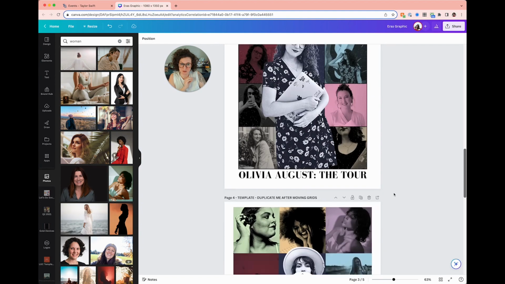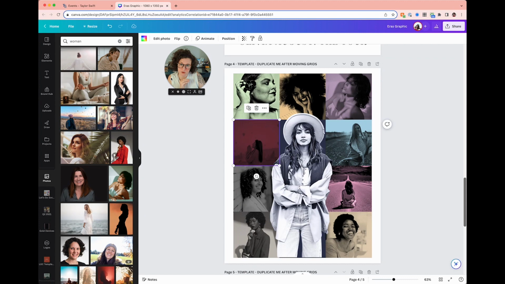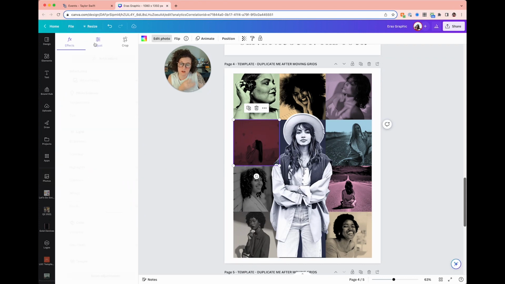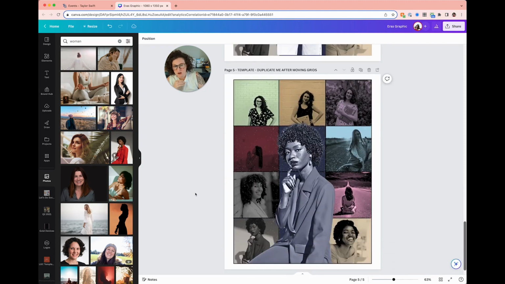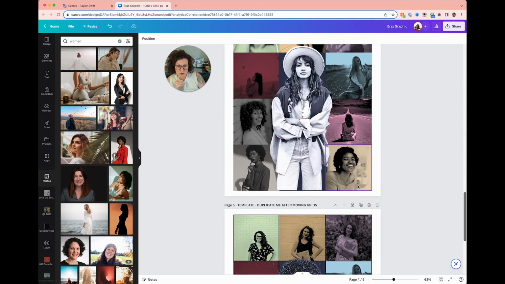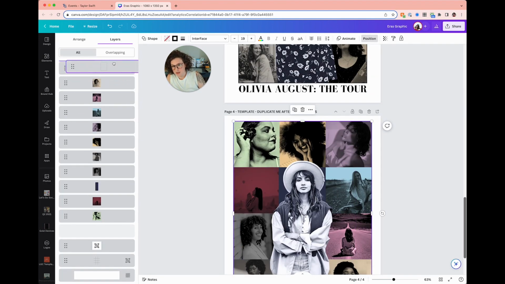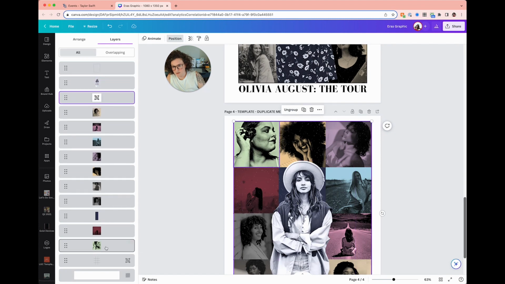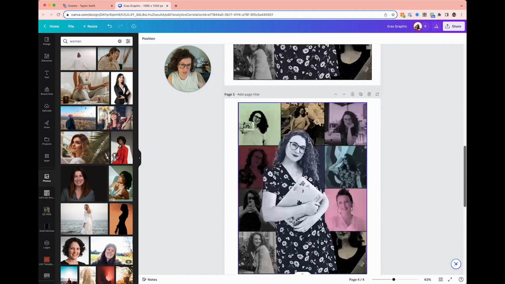So you guys have learned about duotone, image editing, and layers. And once again, you're gonna have to come through a lot of these and edit them in the adjust panel, your whites and blacks. It's just gonna depend on which photo you use. Like this person has a lot in the background, you might need to do more or less, but I have the correct duotone in there, so it's just a matter of copying and pasting until you're totally happy. So you're going to get a file that looks like this. Again, I'm going to give it to you with the layers correct. So I'm just going to put all of these back, and then I will edit that grid to make sure it is right. So you're going to get this file, you're going to duplicate it,